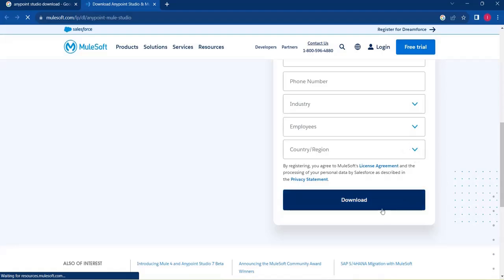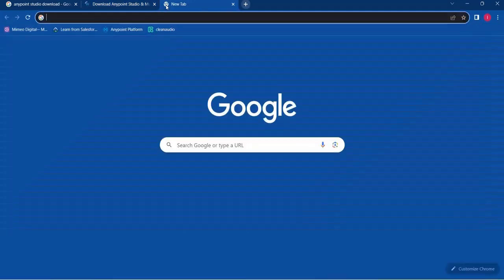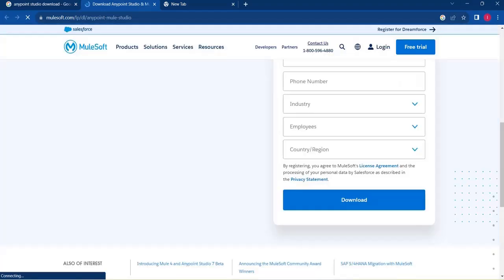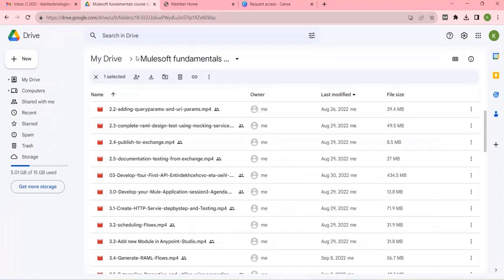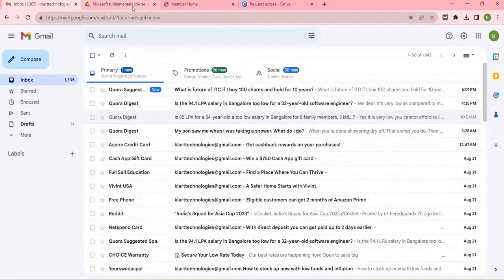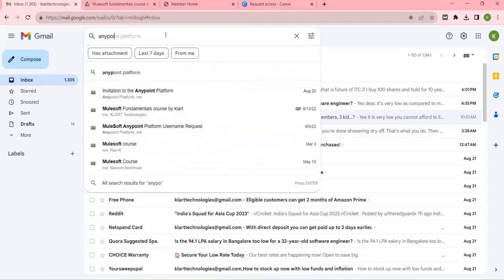And once you click on download, what will happen? I have already downloaded and installed, so that is why I'm not doing it again. I just wanted to show you the steps. Once you click on download here, it will not download directly. It will send you a mail to your mailbox. In that mail you will find the link to download this studio,